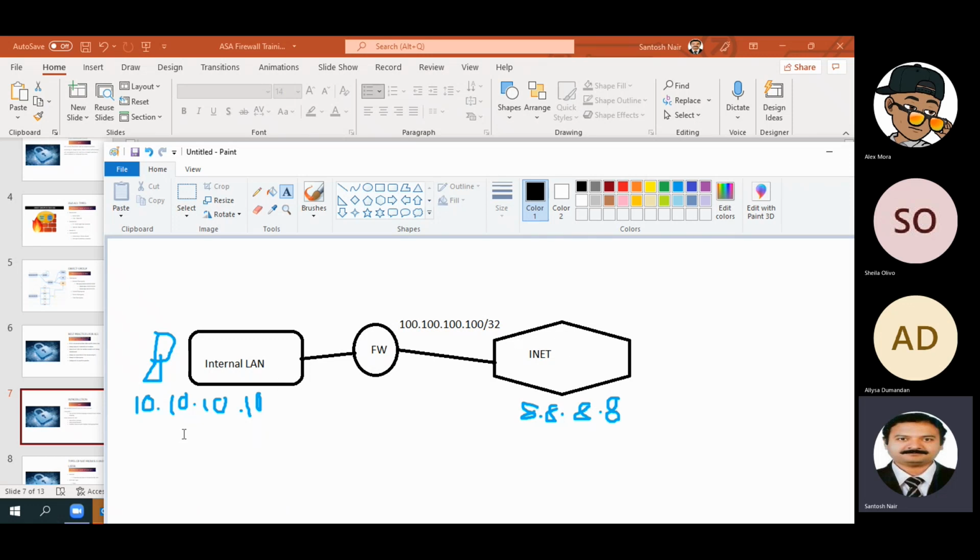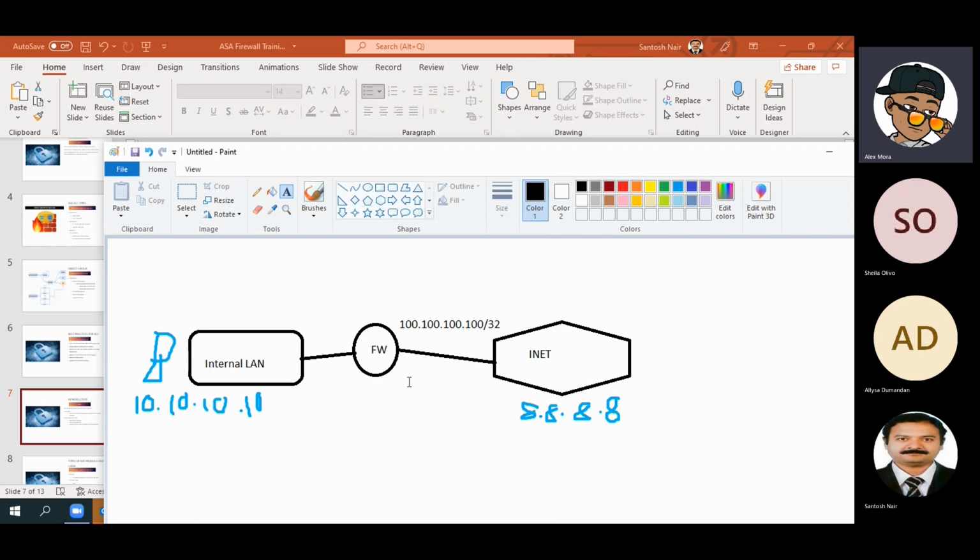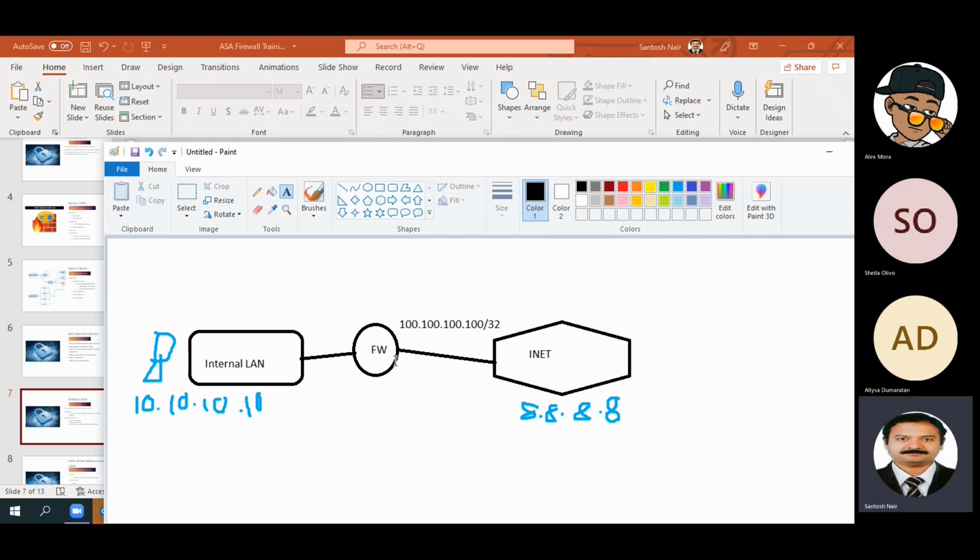So when the traffic is coming, if there is no NAT, the traffic will directly go to this particular host on the internet, but the return traffic will not come. Do you agree? If the access lists are allowed. So what we have to do here is NATing. The service provider will itself not pass the traffic if it is not from a public IP, so it would get blocked there. But if at all it is allowed, it will reach here, and the return traffic will not come.